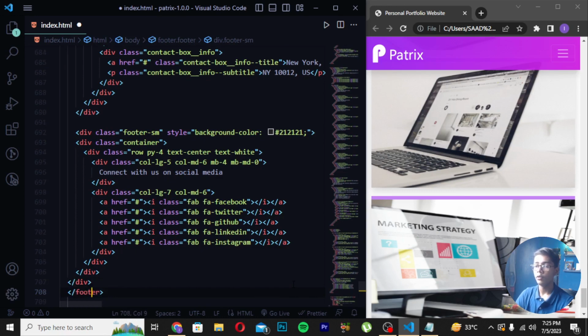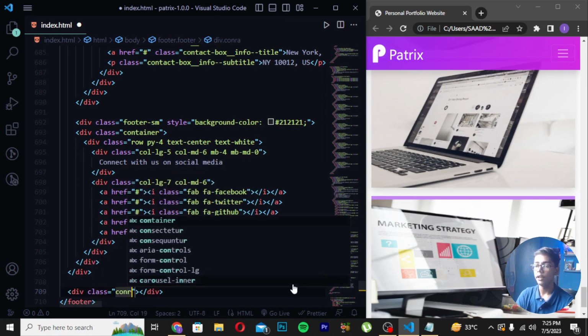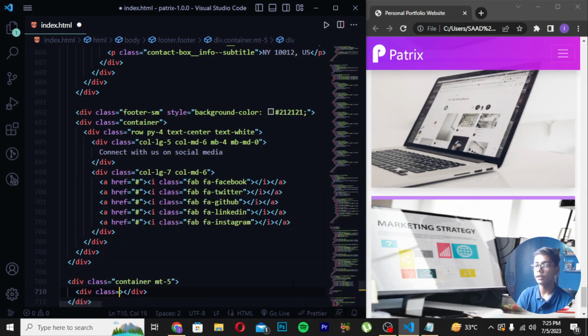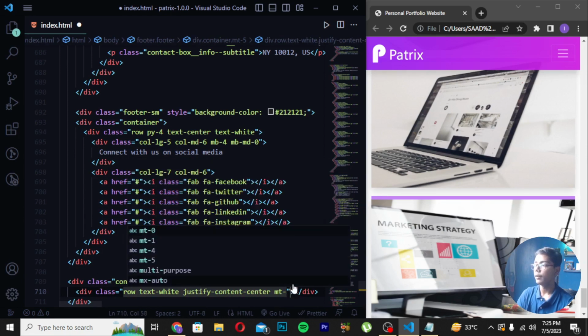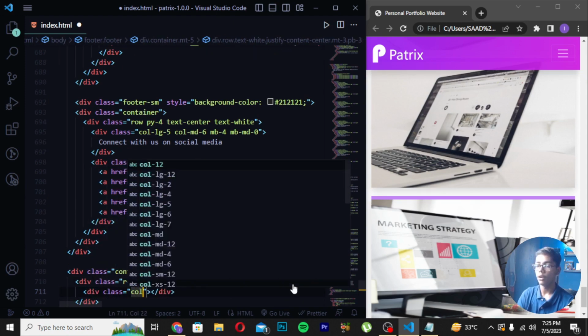Then after moving down, here you have to now directly press backspace here as well. And after just moving down, you have to now just write here div class and write here container empty5. Then you have to write here div class row text by. Write here justify content center and write here empty3 pv3. Then you have to now write here div class col-12